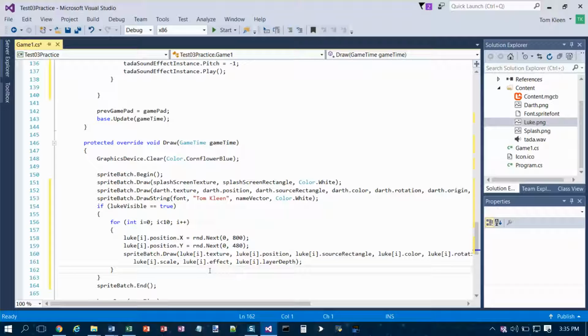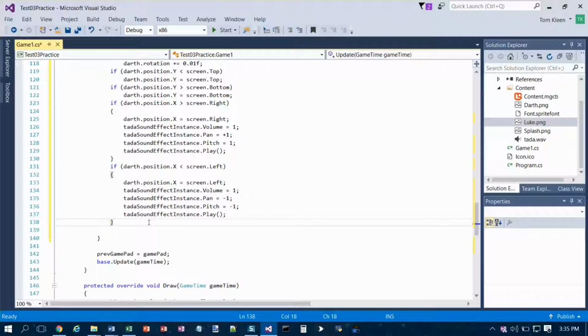If you were in the playing state, when the user presses the right trigger, set the variable Luke is visible to true, and when you set Luke visible to true, also generate a random position for each of the 10 occurrences in the array. That is, set each array element's position.x to a random number from 0 to 800. And okay, I probably should have that instruction first in there because that kind of fixes everything else that we need to do here. So if I'm in the playing state up here,